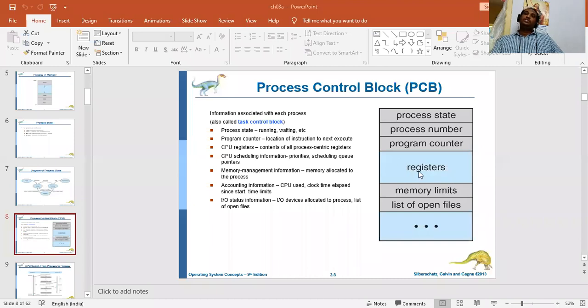Along with this register, it will also maintain the schedules, like which process has to be executed first and which process has to be executed next. The schedules have to be maintained.